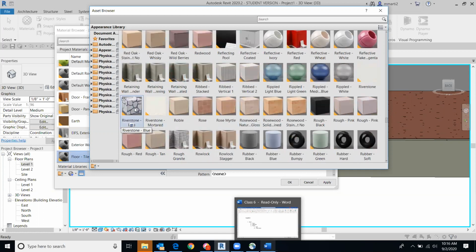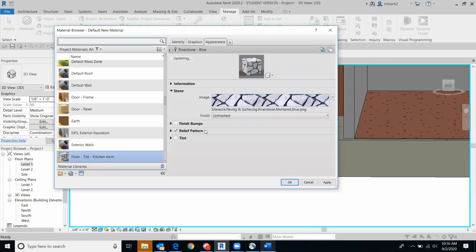Let's just use this river stone right here. I can double click on that, or I can use these double arrows in order to populate that information. So I'll double click on that, and then once I do that, I can close this. Notice how that information is now populated into this material type. This is what it'll look like in my